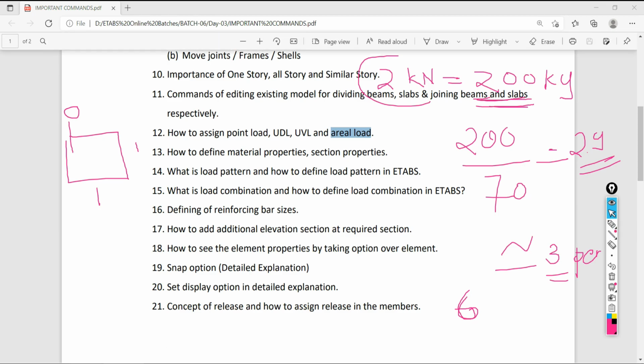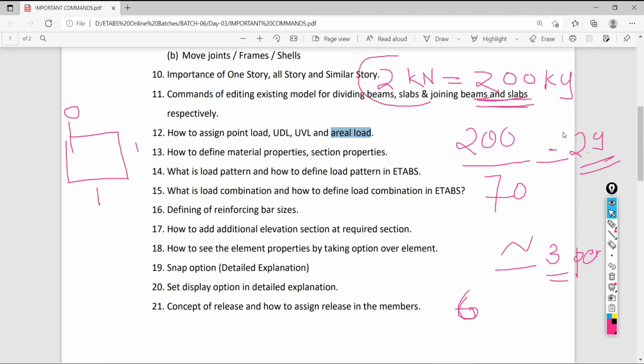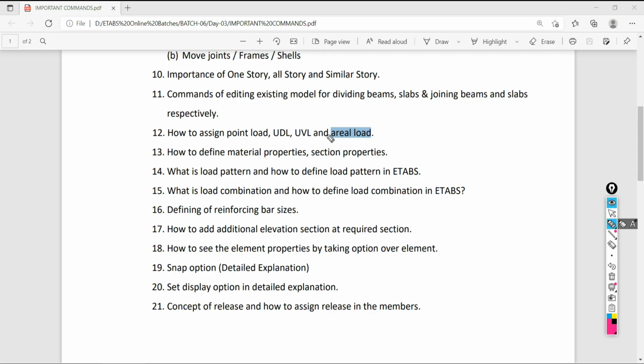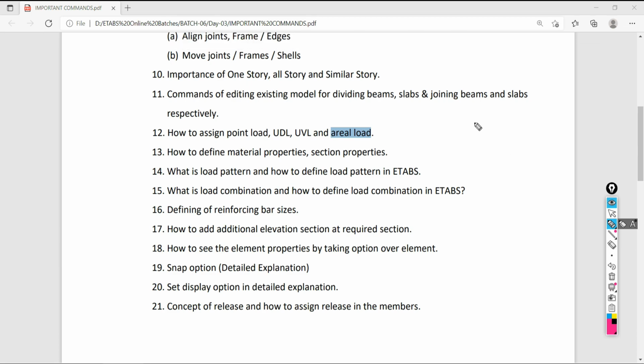Are you getting it or not? Yes, sir, got it. Yeah, so that's the consideration. Just for your knowledge I'm sharing this: you need to remember the conversion factor, most important if you are going to face any interview, they will ask about the conversion from kilonewton to kg. So what exact conversion is there?